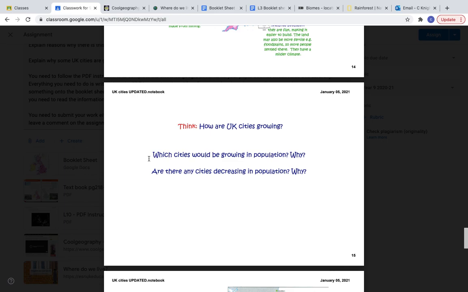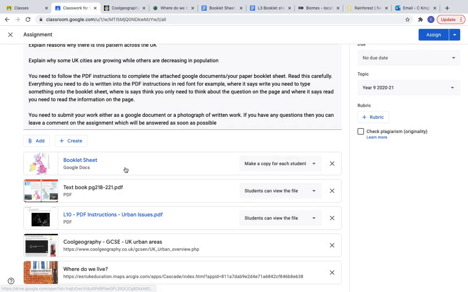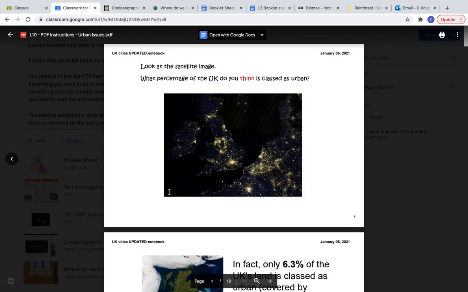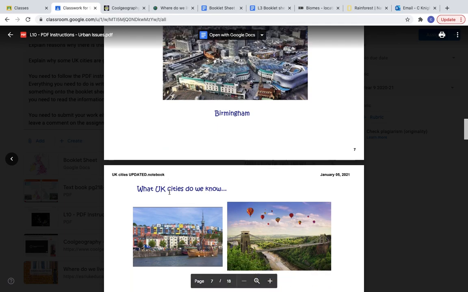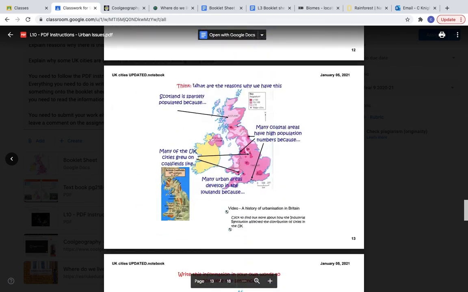For this, you can have a look at the link here. So where do we live? This might help you to have a think about that. And you can also use this Cool Geography UK Urban Areas link to have a look at as well. That might help you to think about that in further detail. But make sure you have a good think about that before you look at the answers. So scrolling back to where we were,